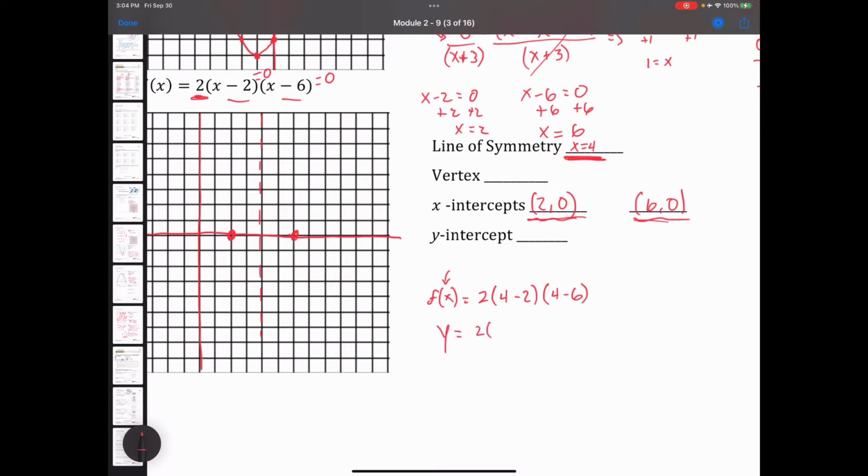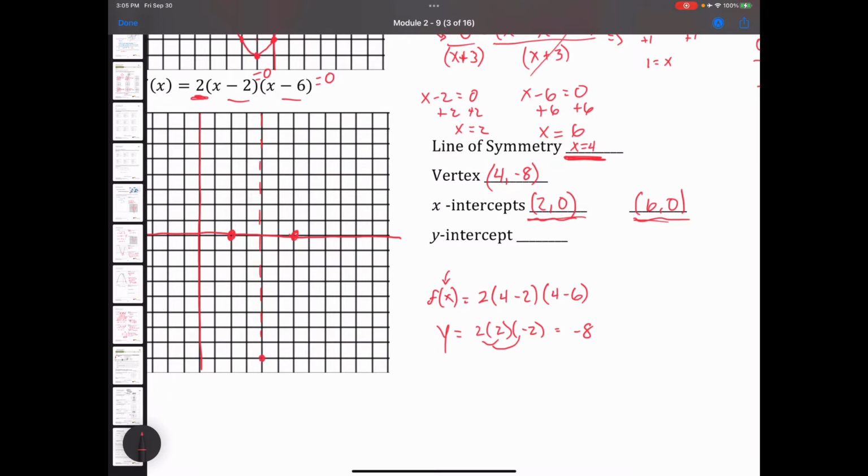So I have 2 times 4 minus 2, which is 2, times 4 minus 6, which is negative 2. So I look through this multiplication, 2 times 2 is 4, times negative 2 is actually going to be equal to negative 8. So my vertex will be at 4 from my line of symmetry, comma, negative 8 for my computation. So I can go ahead and plot that point